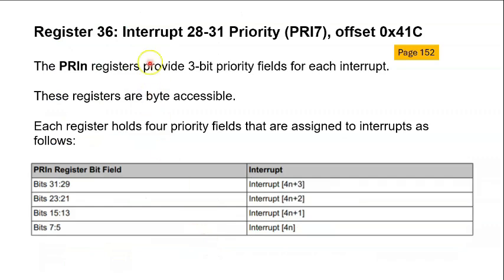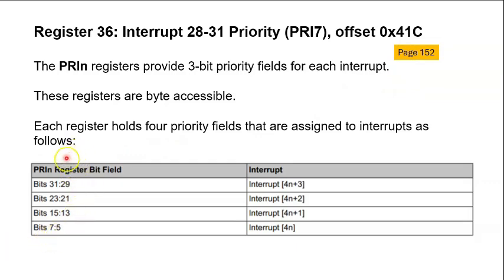And a quick look at register 36, which is the interrupt 28 to 31 priority register, PRI7, which has an offset of 41C hex. I've taken this from page 152 of the data sheet. Basically,